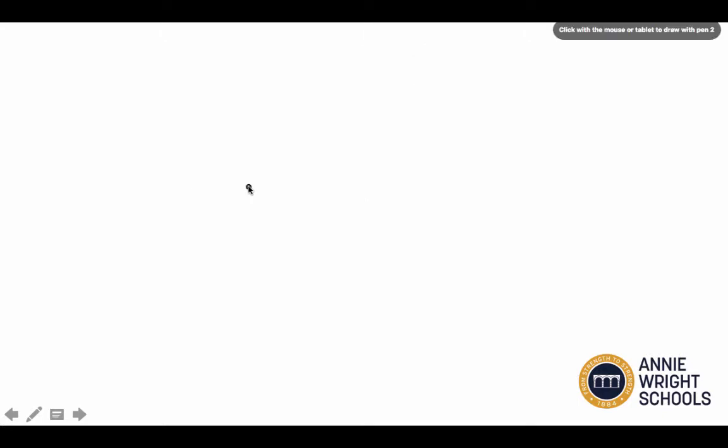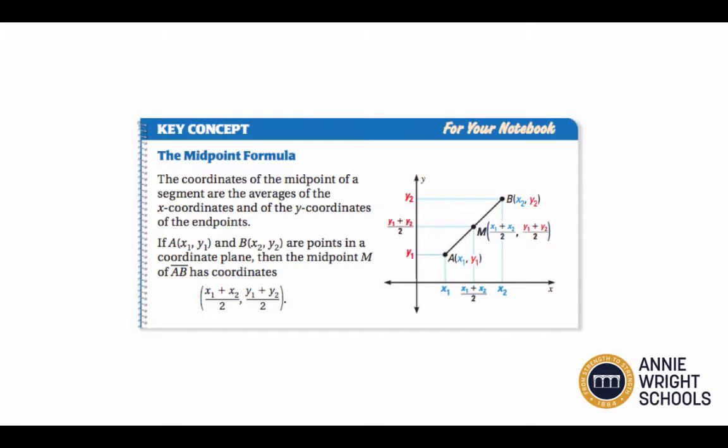What we love to do in geometry is we love to put coordinates on a plane and find the midpoints using this handy-dandy midpoint formula. It's pretty interesting if you break it down. x1, y1 is some coordinate, x2, y2 is some coordinate, and the midpoint is x1 plus x2 divided by 2, and y1 plus y2 divided by 2. I always think of the midpoint formula as the average of the x-coordinates and the average of the y-coordinates. And that's how you find the midpoint.